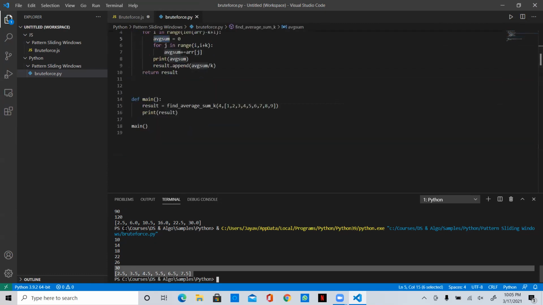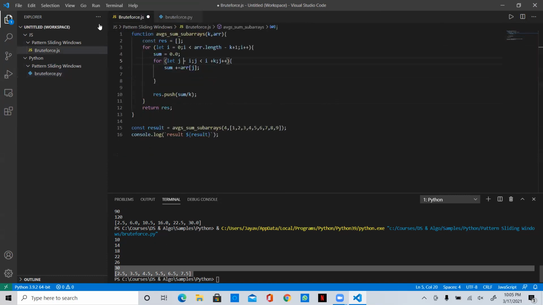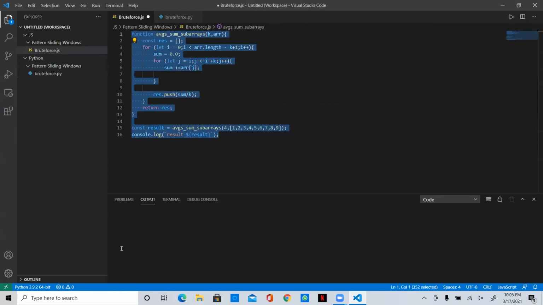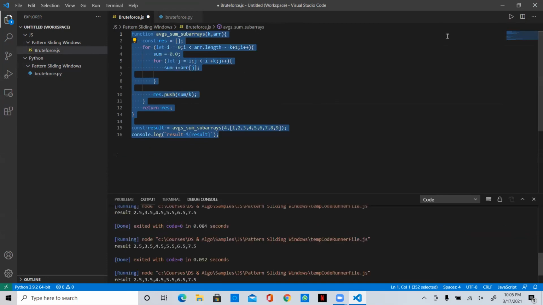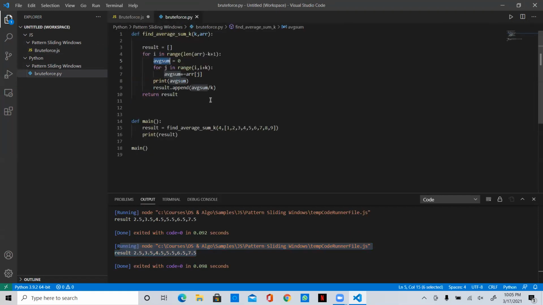Okay, so both the JS and Python code are having a similar result. Okay, cool. So both of you now tell me what is the runtime complexity of your respective algorithms, runtime and space complexities.